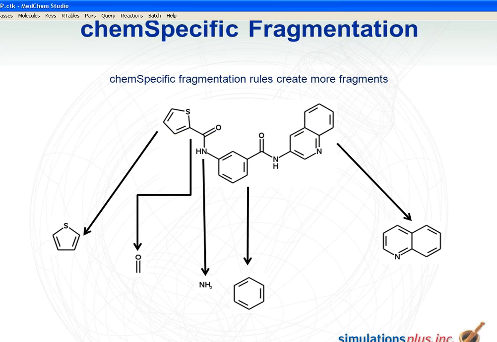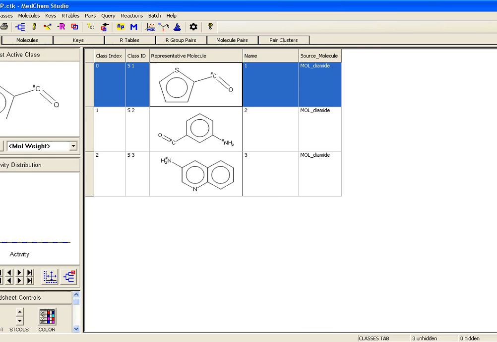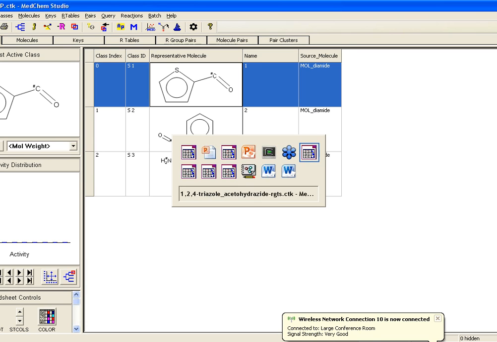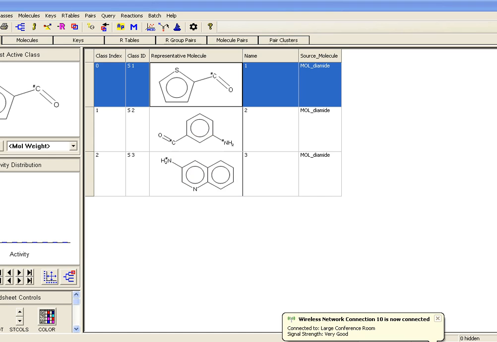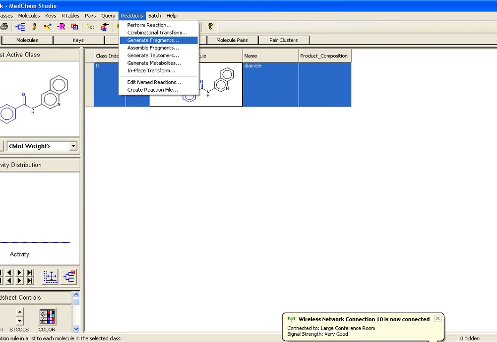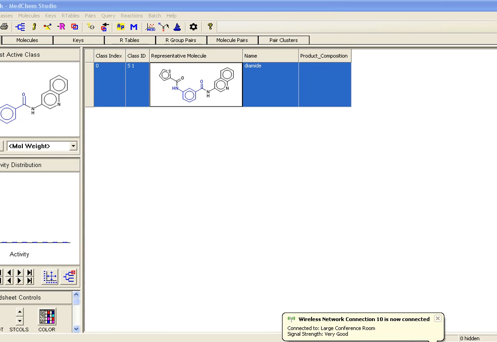Okay, and I just want to show these are the recap rules. So we applied the recap rules, and you'll note in this is the fragment that would be pieced together. You see that the attachment points are marked within this file. Okay, so if we take our diamine and define this as the scaffold,